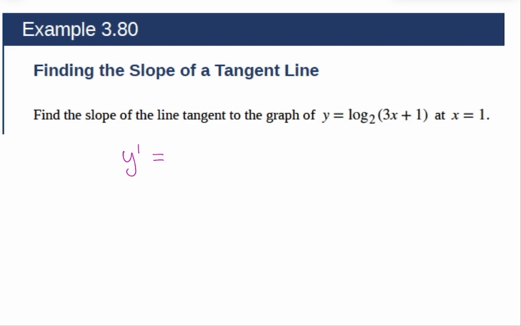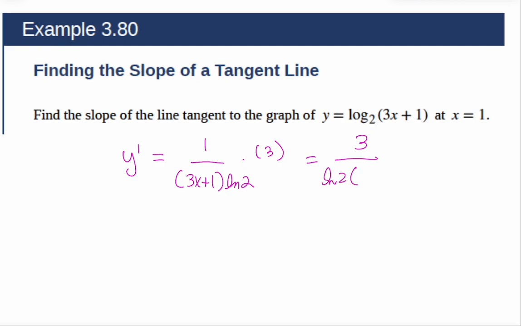Now, natural logs are 1 over the function times the derivative of the function. Log base 2, we do the same thing. It's 1 over the function times the derivative of the function. But because it's a base 2, we have to tack on a natural log of 2. Now, I wouldn't simplify it a whole lot at this point, but you could write it like this: 3 over